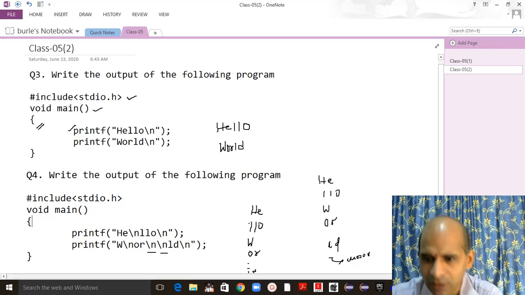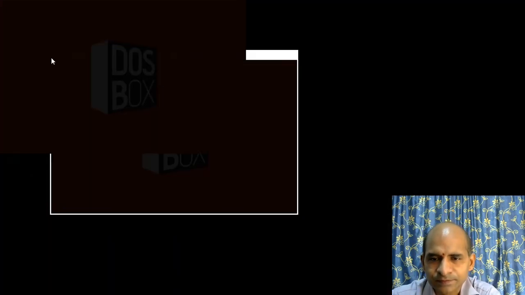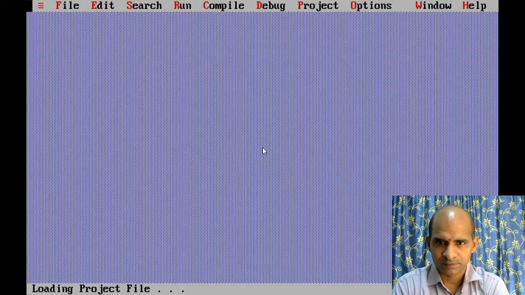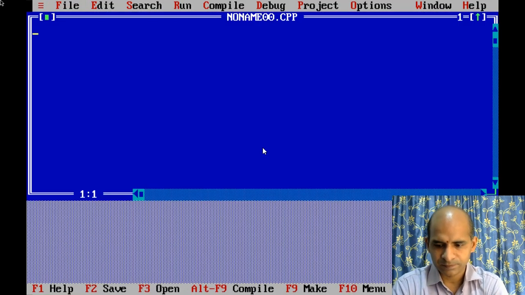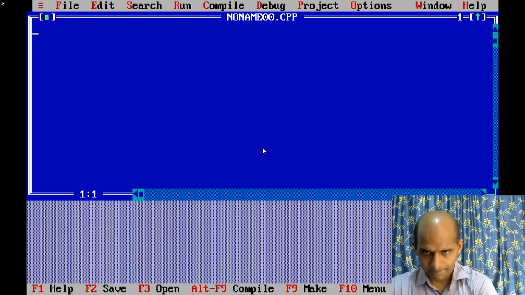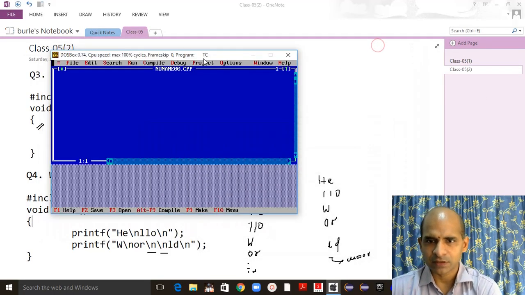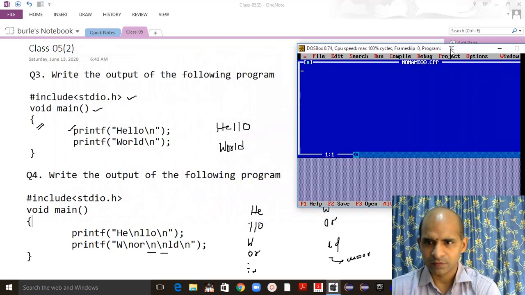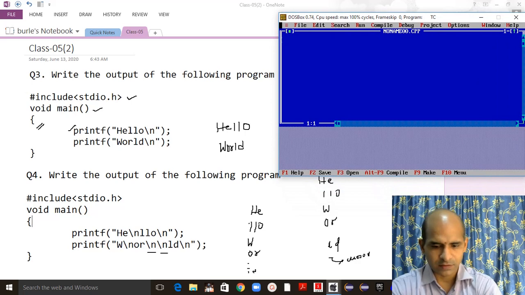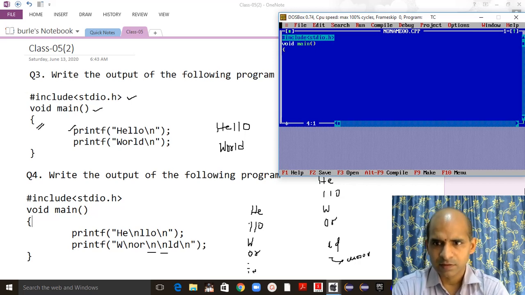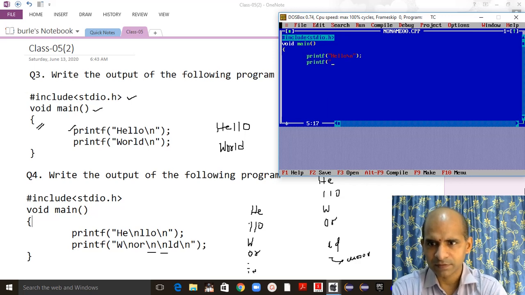So let me show you the answer. Let me minimize this one. That is hash include stdio.h, void main, printf hello slash n, printf world slash n.